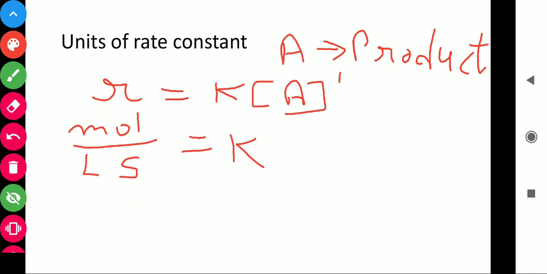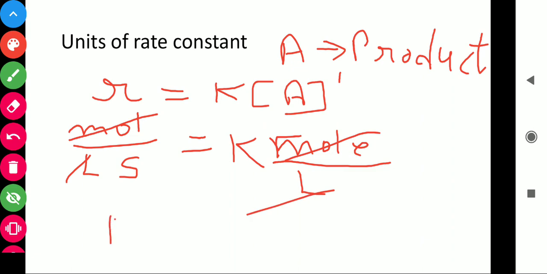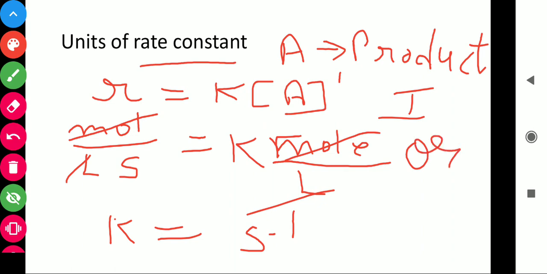K, and this is the concentration and its unit is always mole per liter, because here we are taking it in terms of molarity, mole per liter. Mole, you can cut mole from mole per liter here. And what is the unit of the first order reaction's rate constant? इसके rate constant का unit होगा second inverse, only second inverse. This is the unit of rate constant for a first order reaction.